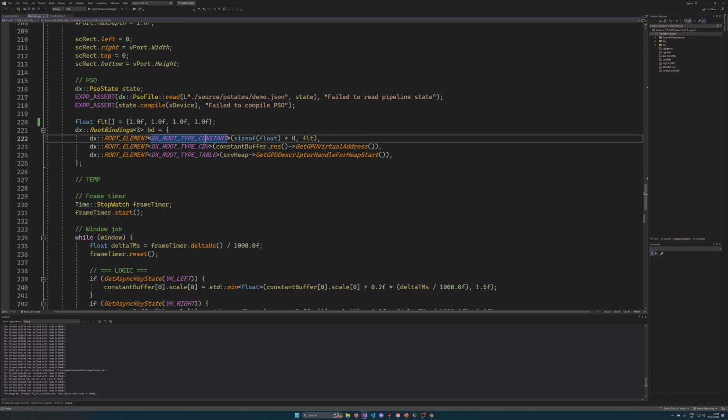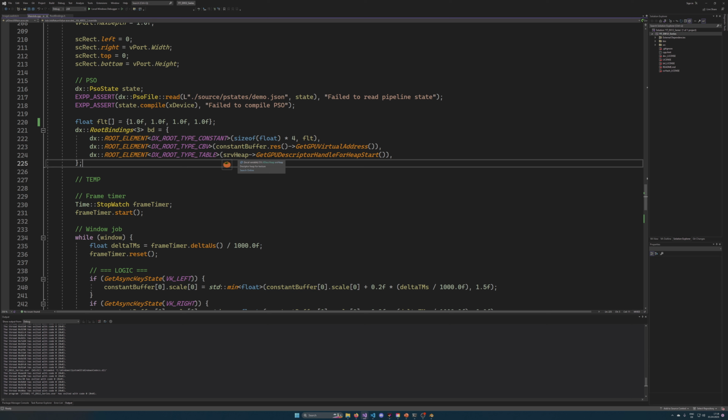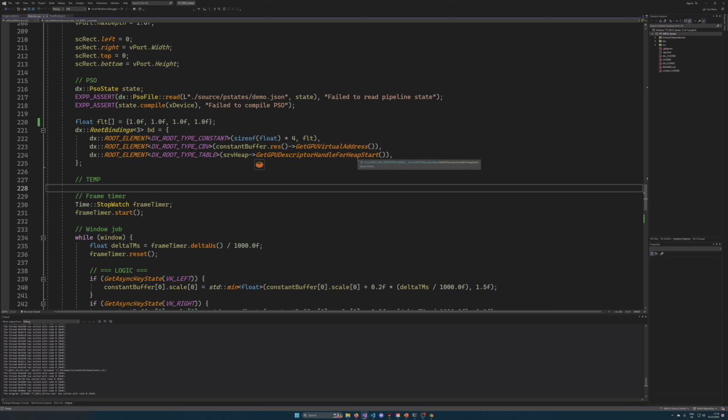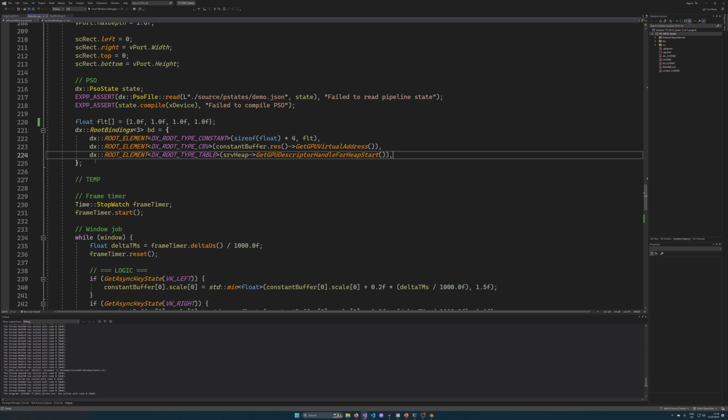This is, however, not working for textures. Textures always need to be stored in the table. This is what I'm binding here. SRV heap is the shader resource heap. This is a continuous block of views. In this case, it's shader resource views, which are used for the texture. And I am getting the GPU descriptor handle for the heap start, which is in general more or less also a virtual memory address. It's not really a virtual memory address, but it kind of is. So it is basically just a set of pointers, and the root signature itself, I might want to quickly open